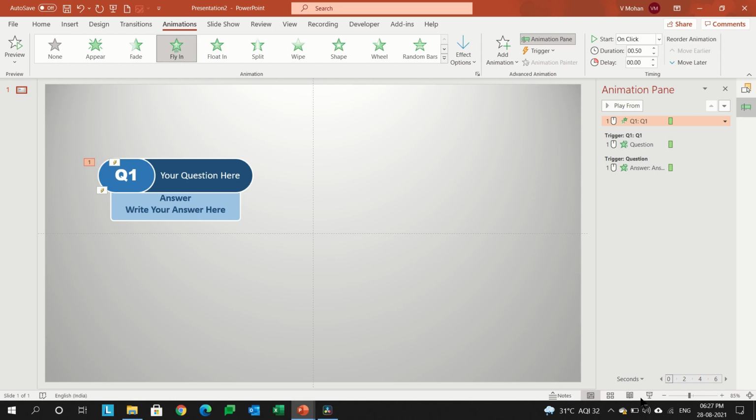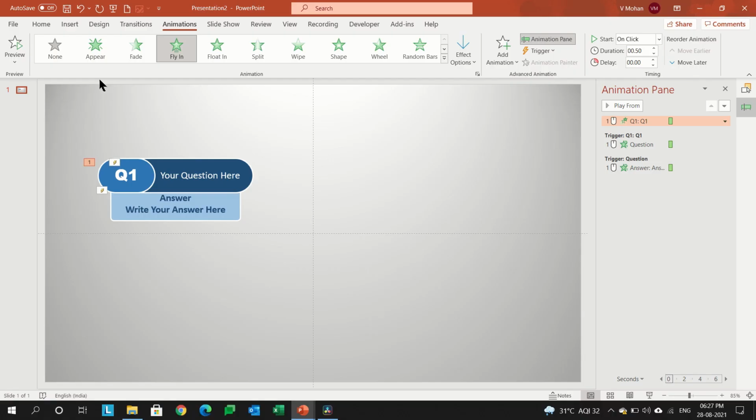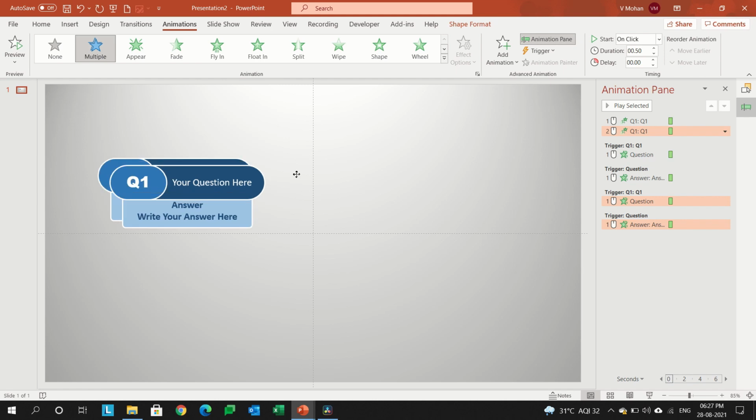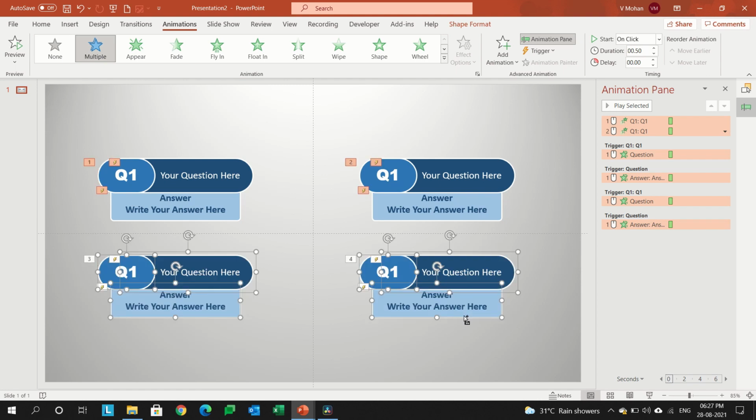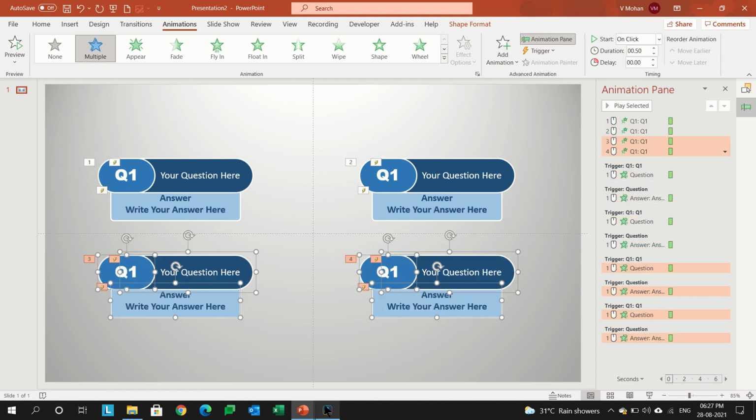Okay, so it will be like this. On click, it will be like this. On click, we'll reveal the answer. So now we'll copy 4 sets of answers. Press Control A, Control D, and just copy it over here. Again Control A, again select. You can Control Shift, you can drag it also like this, and it will copy. So we got the 4 sets of animations. You can see here.